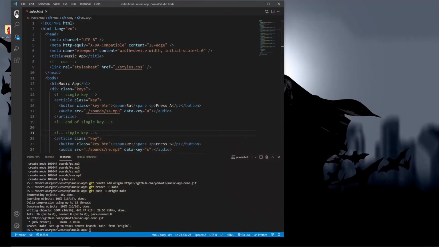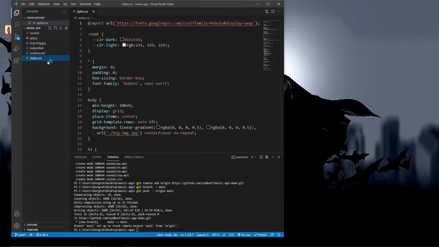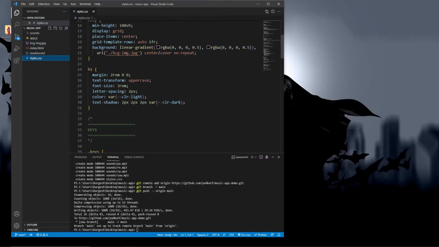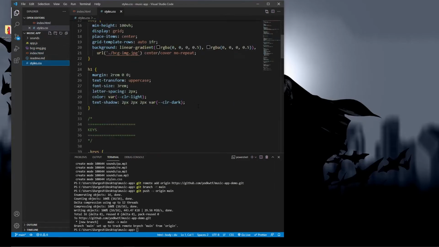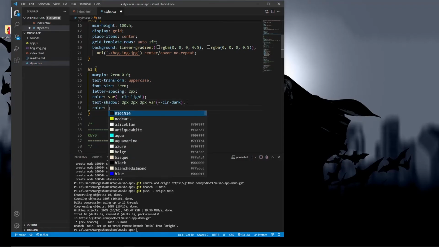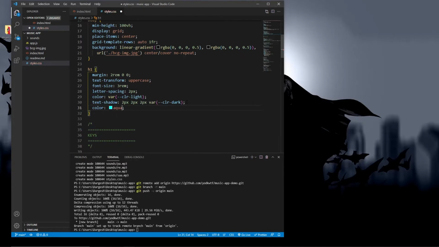so I'll go to the CSS file and find the title. I believe it was H1 here. So I'll go to CSS and change the color of the title to, let's say, aqua, and save.